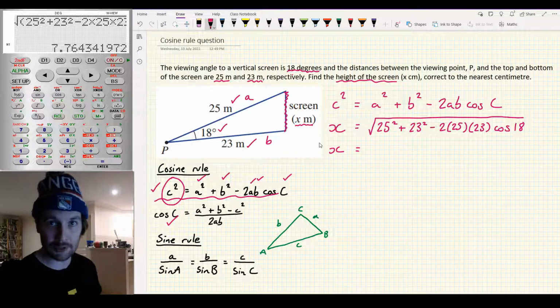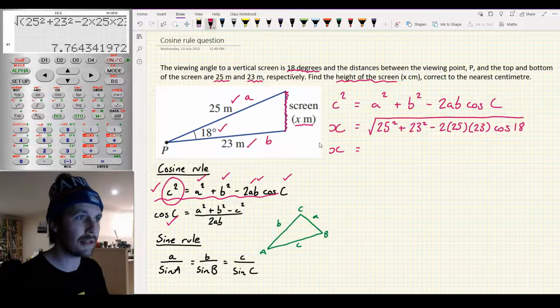We want to give this answer to the nearest centimetre, and because our units are meters for this, I need 2 decimal places because you've got 100 centimeters in a meter. So I'm going to go 7.76